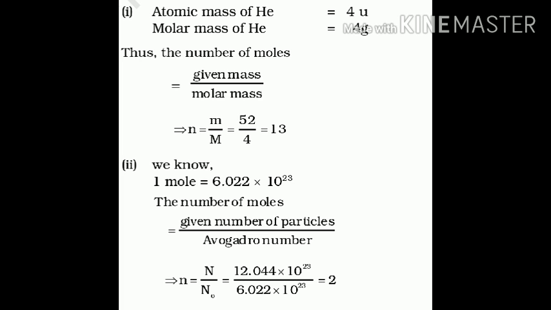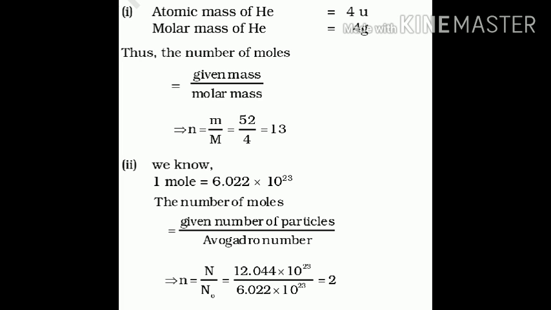Suppose I am saying that I have 40 gram of sodium hydroxide, then how many moles will be present in that? Because we are given the weight, what I told you to count the moles is to divide the given weight in grams by its molecular weight or atomic weight. We were given 40 gram of sodium hydroxide, that is NaOH, and the molecular weight of sodium hydroxide is also 40. So 40 divided by 40 is equal to 1 mole.